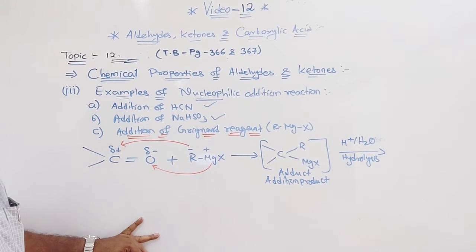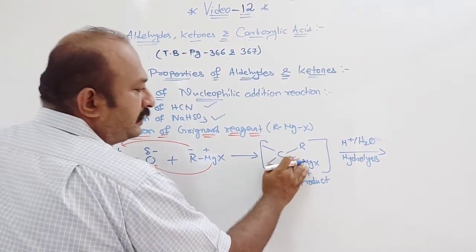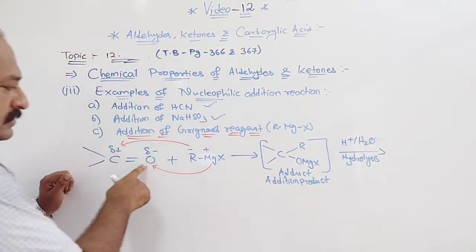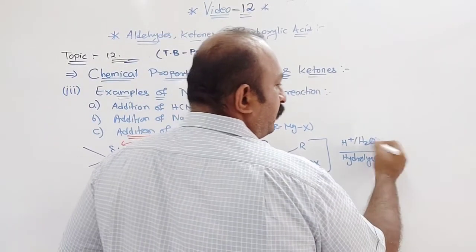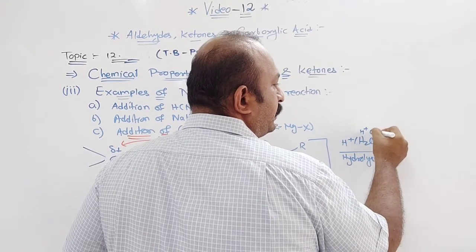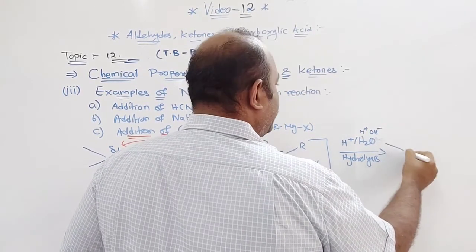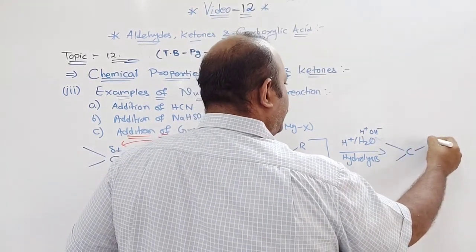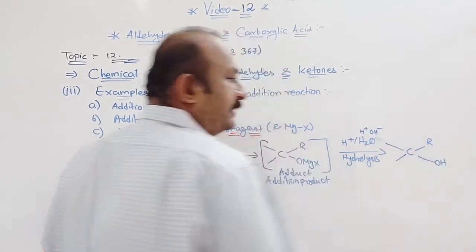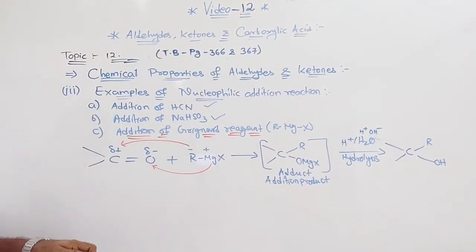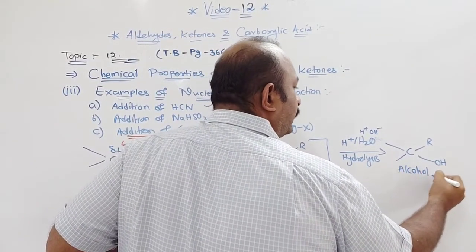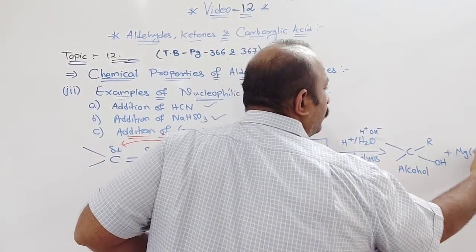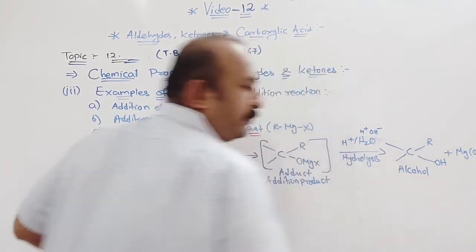Alcohol, it will give alcohol. Here, OMgH will come, because this O we have not specified. So what will happen in this case? Water, we know, gives H plus and OH minus. So here C, here R and here OH will be there. So this is the product you got, that is the alcohol. Clear? And here Mg(OH)H is your byproduct.